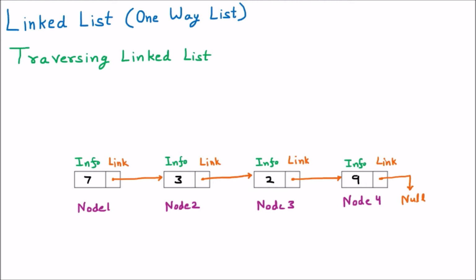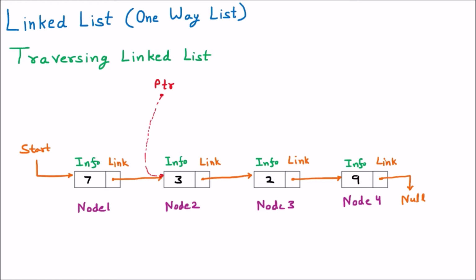And also we have a start pointer which is pointing to the first node, so it contains the address of the first node. Let us suppose I have one more pointer which is going to traverse this list. I am assuming the name of this pointer is PTR. PTR is a pointer. Right now this PTR pointer is pointing to the address of node 2. I am drawing it with a dotted line because it is the current position and I want the new position. So that's why here the PTR is pointing to node 2.